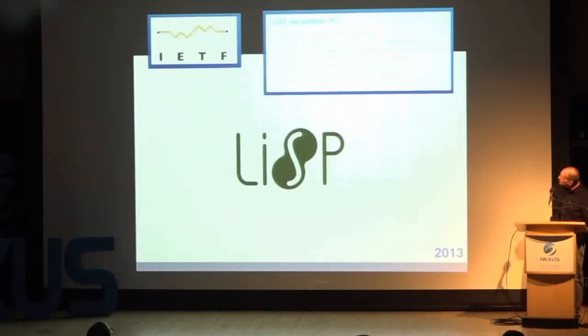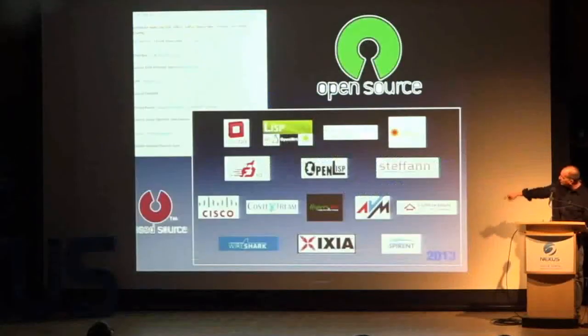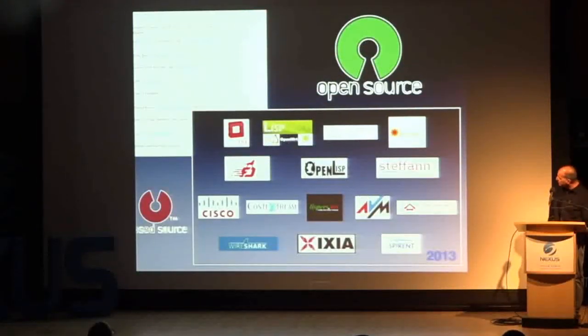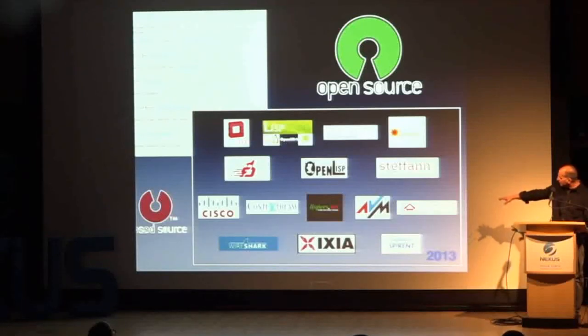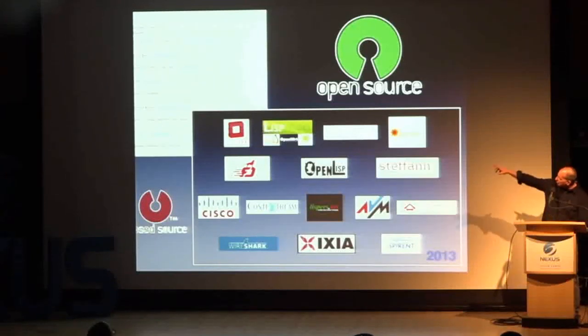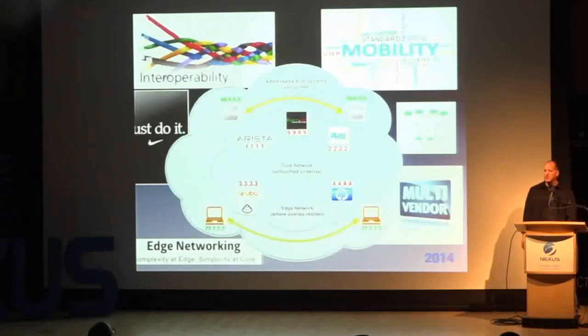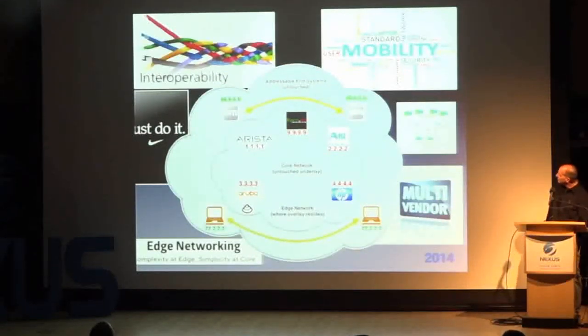2013, the initial set of RFCs became published, and many implementations are based on this. This is the main RFC right there on one slide. There are open source implementations, there are closed source implementations, all the equipment, the sniffer vendors are supporting it. AVM and Furukawa make German and Japanese CPE routers. We have an open LISPmob, which is called OOR now, which has an OpenWRT implementation, Linux implementation.